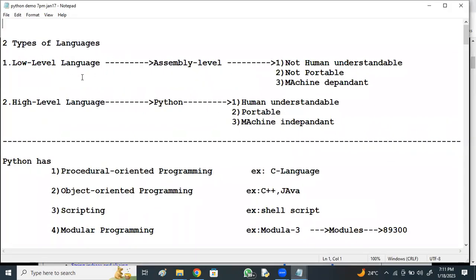So I said there are two types of languages, low level and high level. Low level, for example, assembly level language. Yes. In brief discussion, right, on matplotlib, numpy, pandas, all this as part of this course, right? In brief, in depth, right? Fine. Low level language, assembly level language; high level languages like Python. High level languages like Python are human understandable, portable, and machine independent, can run on all the hardware and all